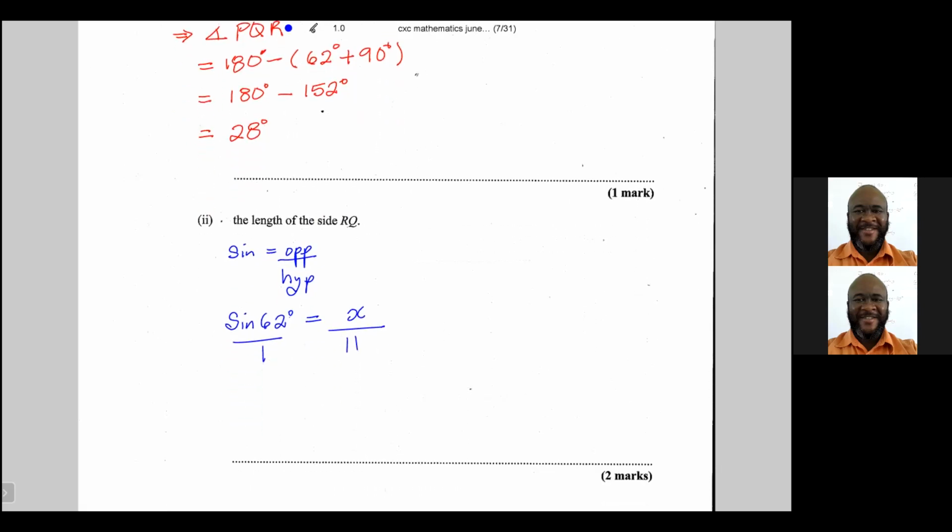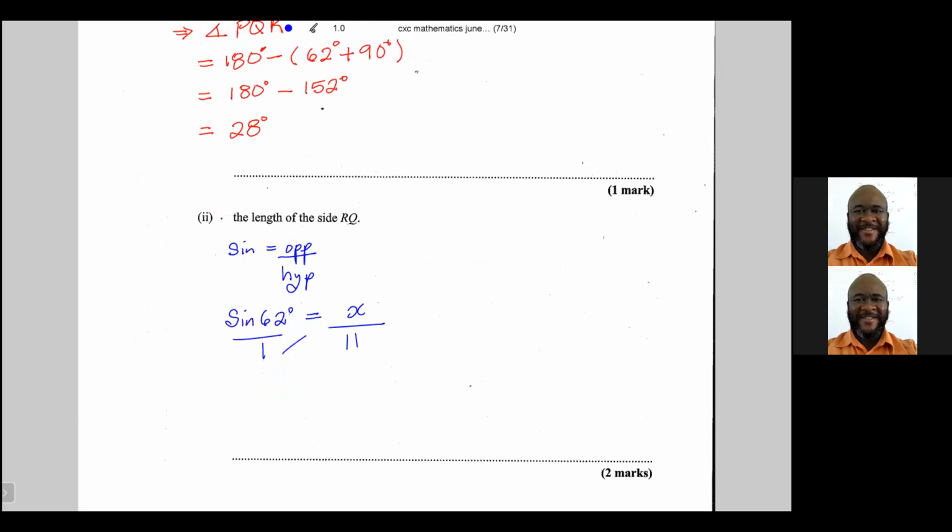If I have 1 fraction equal to 1 fraction, I would cross multiply. So X, which is RQ, is equal to 11 times the sine of